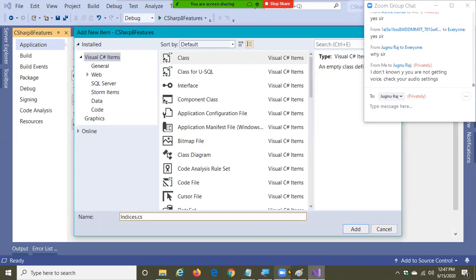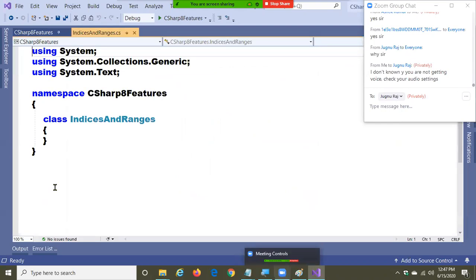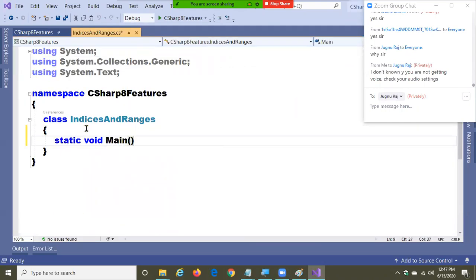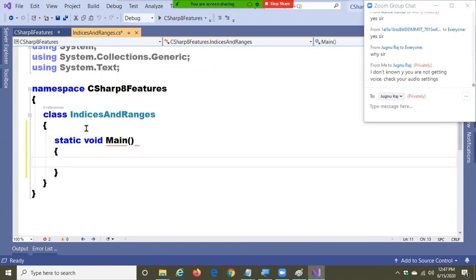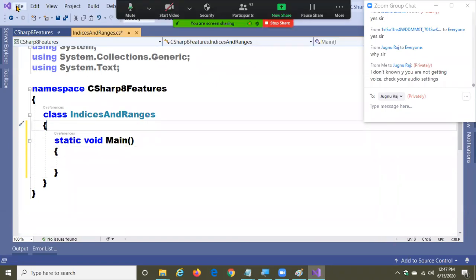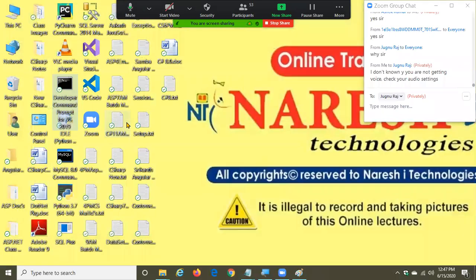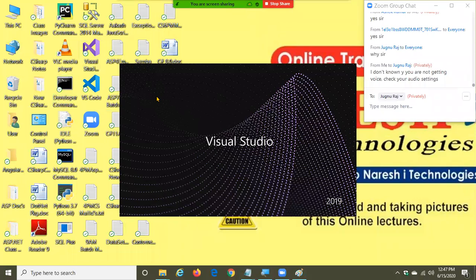Indices and ranges. You just answer my question. How do we access the values of an array? If you want to access the values of an array, what do you do? By using